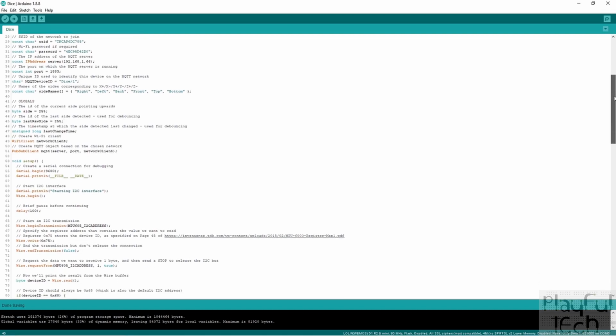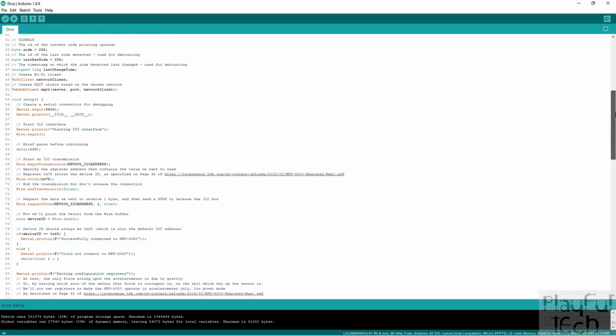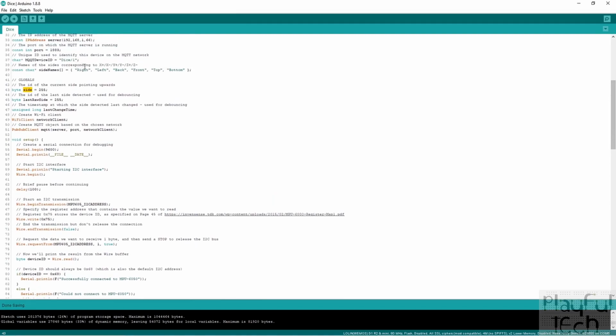Then we go on to the globals section. So globals are variables that are shared between all of the functions in our code. I am going to create a new byte called side, and you can think of this like an index into this array up here. So side is going to take a value between 0 and 5, and that is going to relate to these 6 positions up here. I'm assigning it an initial value of 255